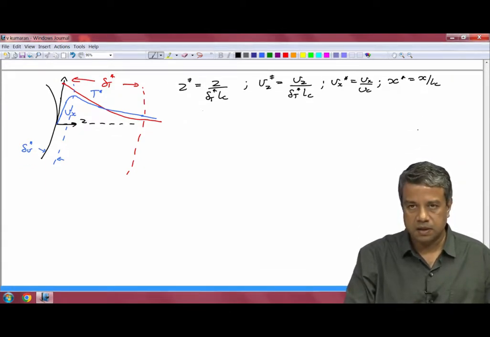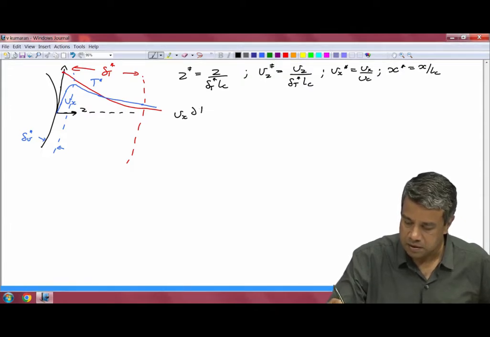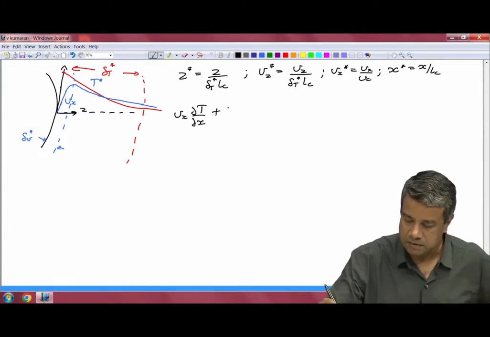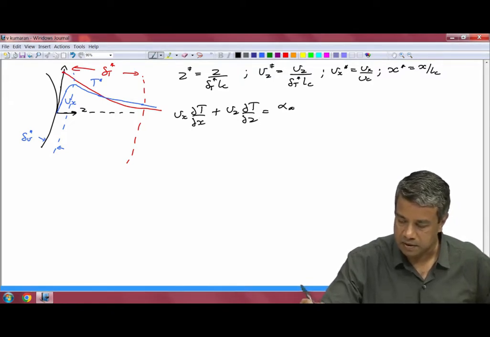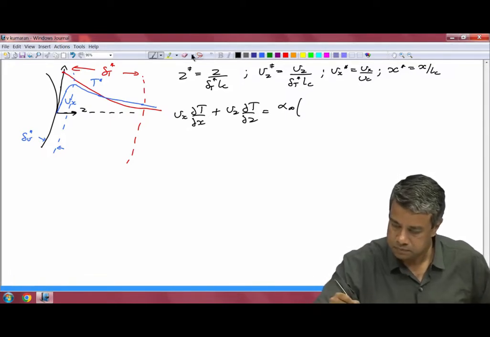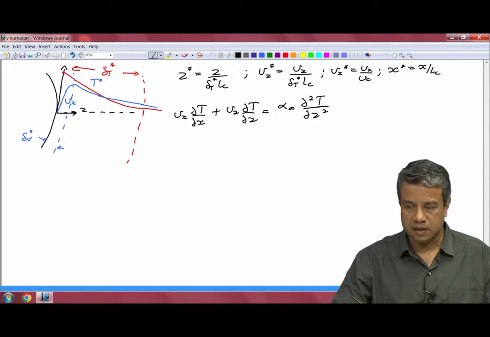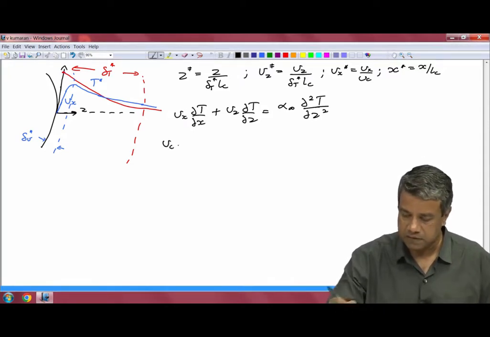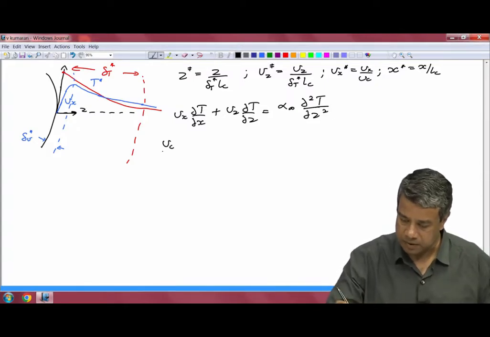Substitute this into the energy balance equation, and I will get Vx partial T by partial x plus Vz partial T by partial z is equal to alpha infinity into partial square T by partial z square in dimensional form. Substitute the scalings. On the left side I will get Vc by Lc,